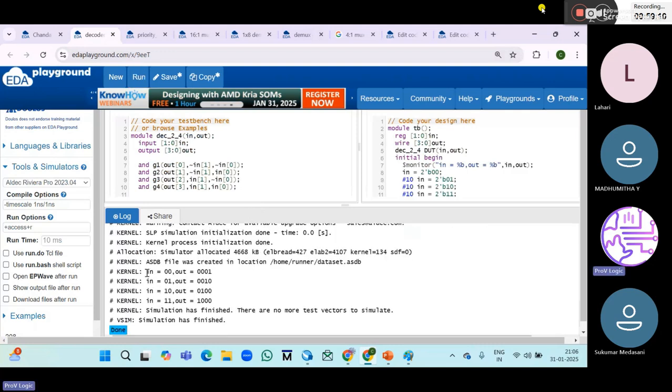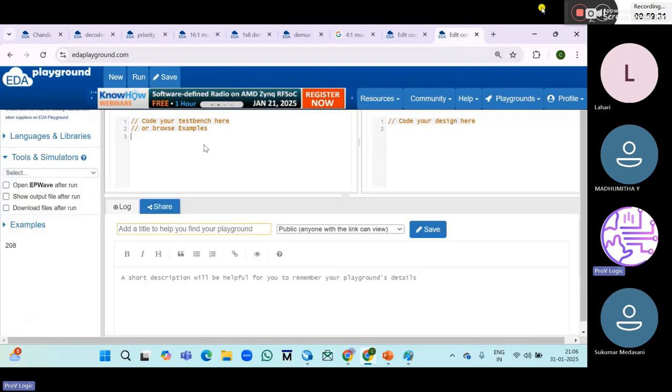See here how the input is 0, 0, then this output 0 is activated. Input 0, 1, then this output 1 is activated. Input 1, 0, then here 1 is activated. 1, 1, then here 1 is activated, by using the traditional model, gate level modeling. Instead, if you write it logically, a decoder like module